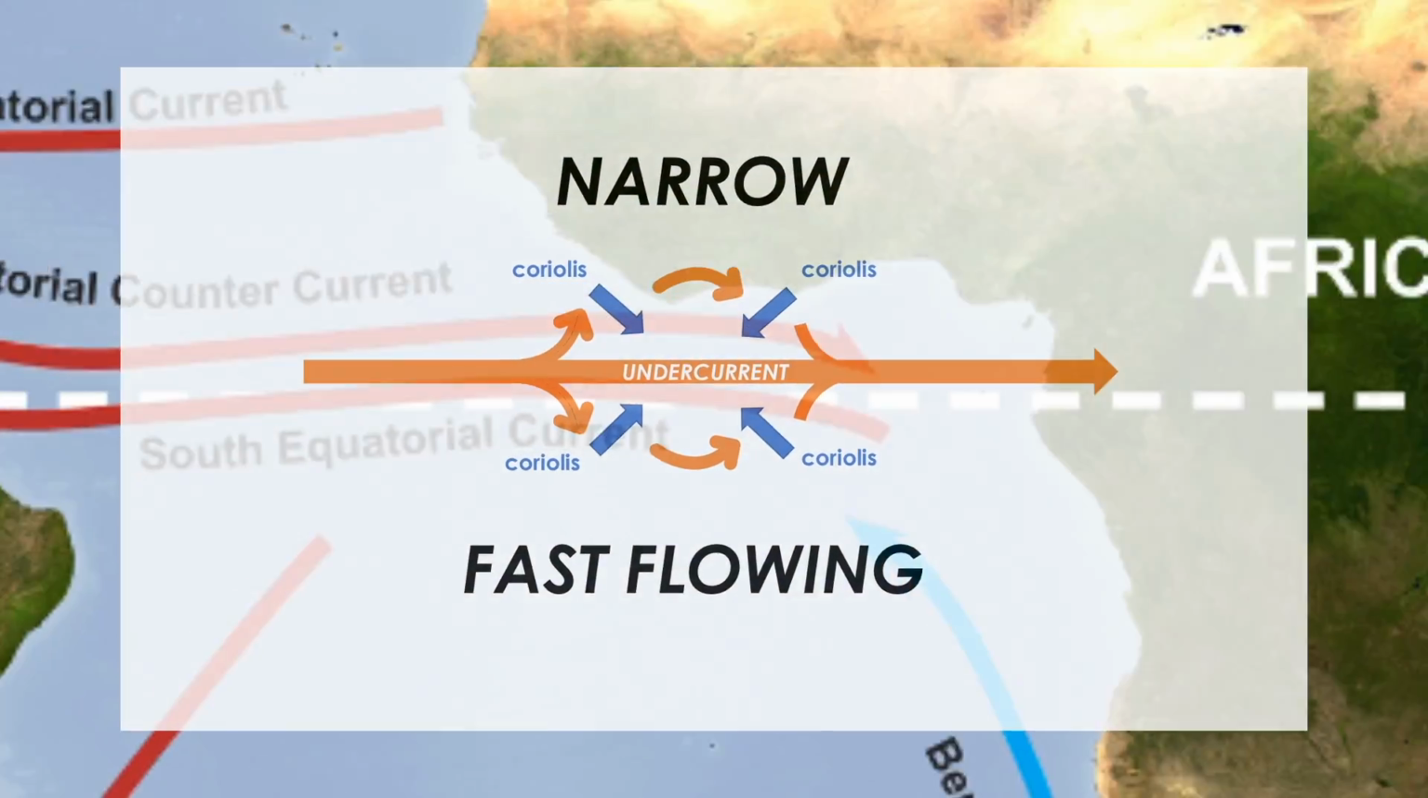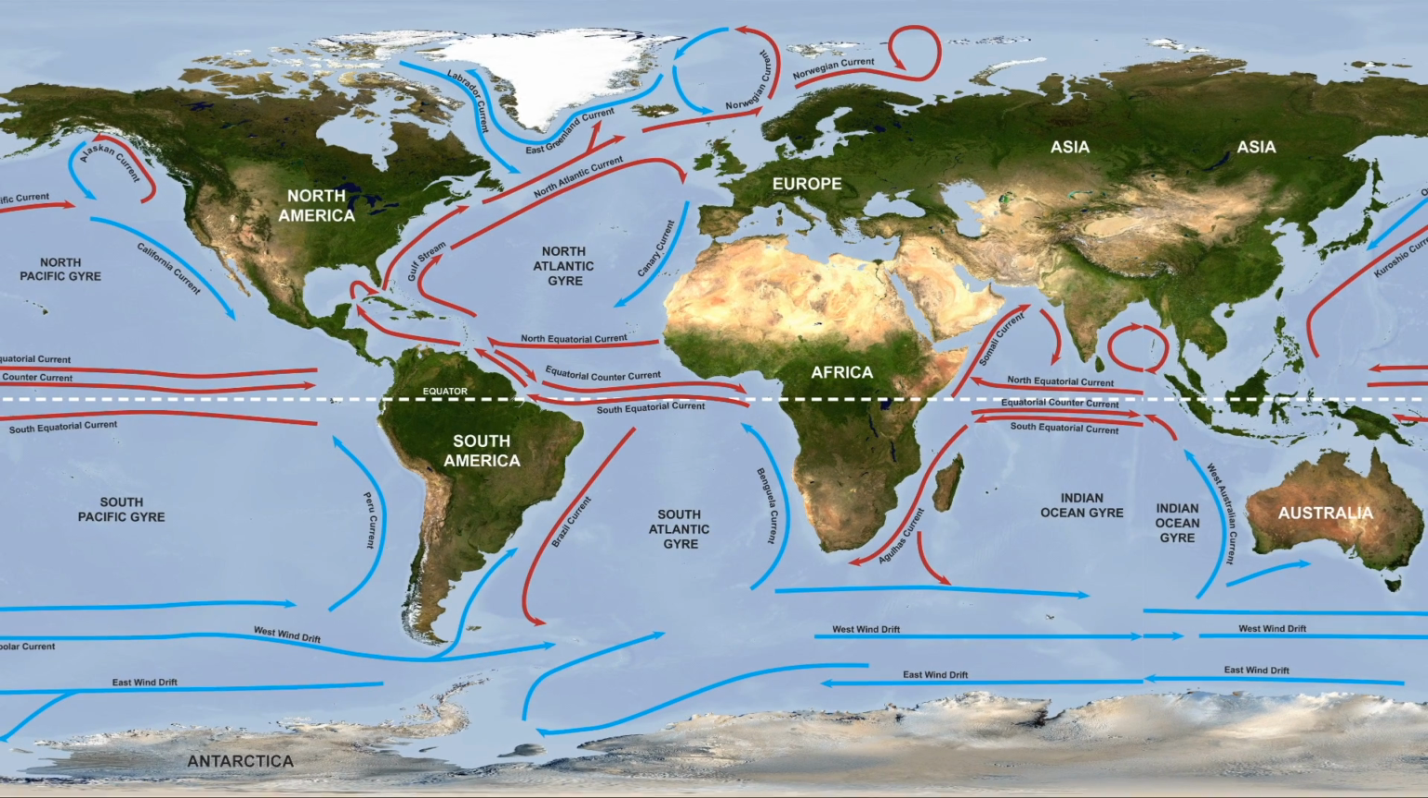Though there are many topographical and seasonal variations that affect ocean circulation, the countercurrent and undercurrent are features present in all three major ocean basins,